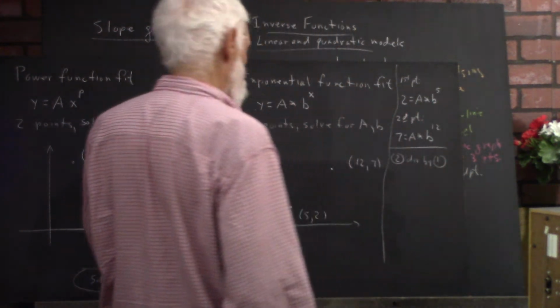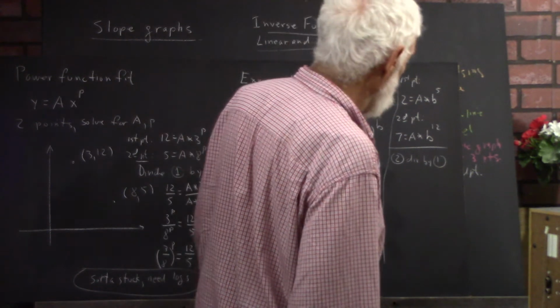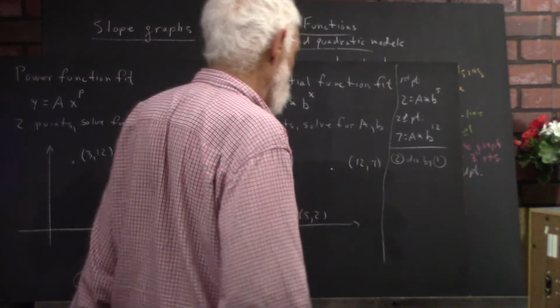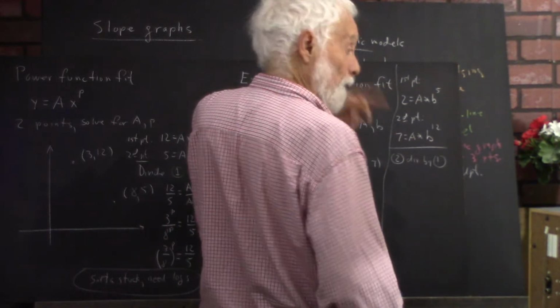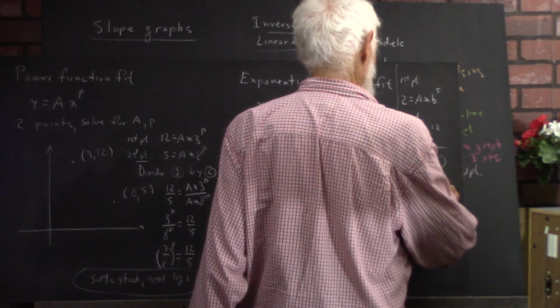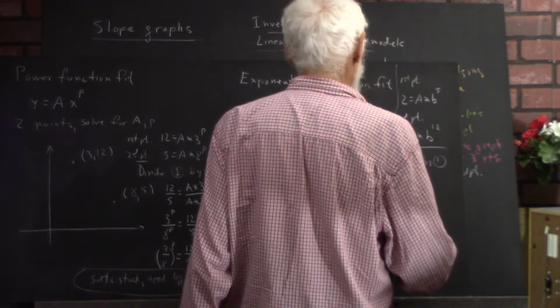Now here I divided the first by the second. Here I'm going to divide the second by the first because I just want the number I get to be 7/2 rather than 2/7. That's just a personal preference, and I'm not even sure it's a preference, but I'm going to do it anyway. So I get